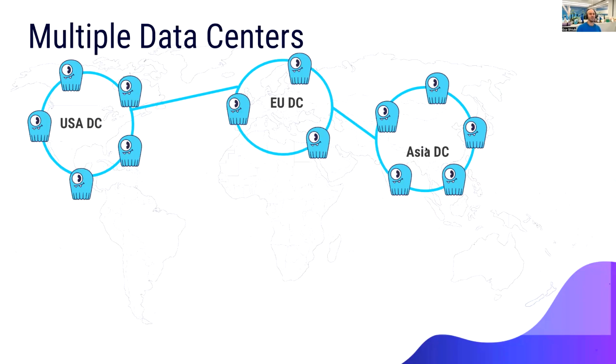The second is maybe some compliance or regulation issues. So some countries or jurisdictions require that the data of the users remain in that country or that area. So we can do that by defining multiple data centers. And the third is what I keep talking about, which is availability. And we had examples of,